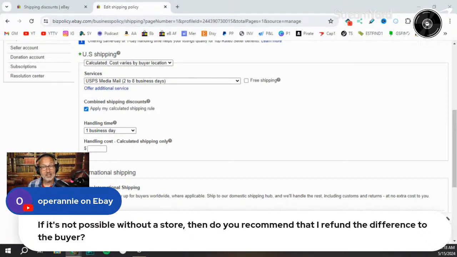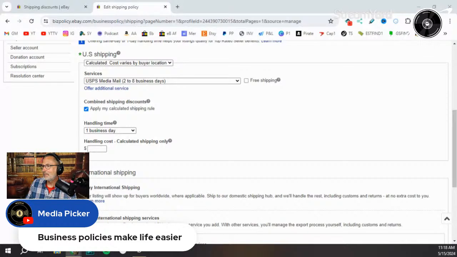But in a case where a customer buys multiple items, and like my initial example where it was almost $7, again, this is how I do it. Your mileage may vary, but I think that's the right thing to do, and I think it's good customer service. You can build repeat business, I think, by doing those sorts of things, by saying, hey, you overpaid for shipping. Here's the difference. Thank you for your order, and just be done with it. So that's how I would handle it. Anybody else that's in the chat can feel free to comment there as well.